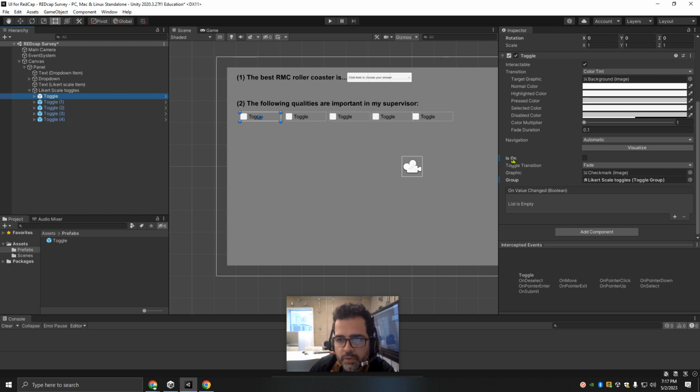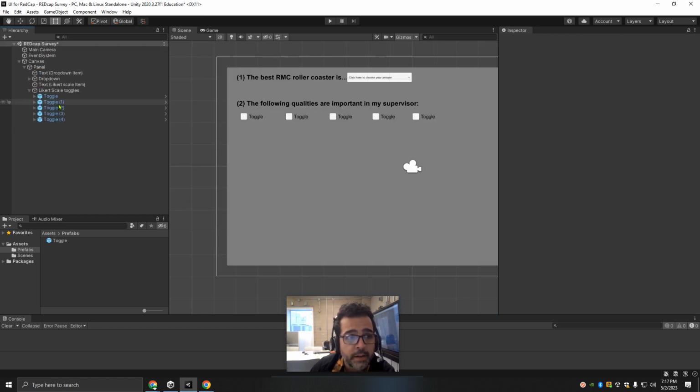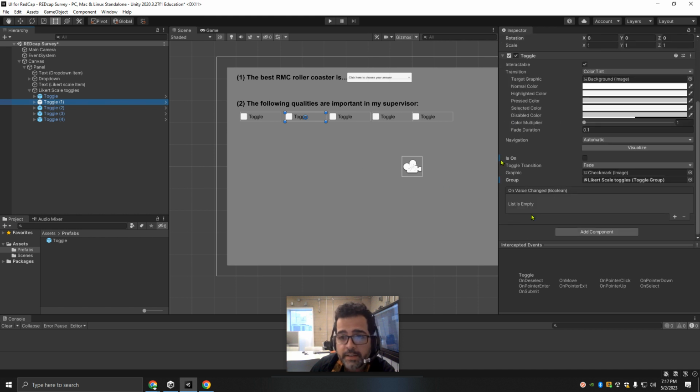This is something that Unity should fix. I already changed the is on to be unchecked in the toggle original prefab. And then when I come back here, it's still telling me that I made this change locally, which is not the case. Anyways,